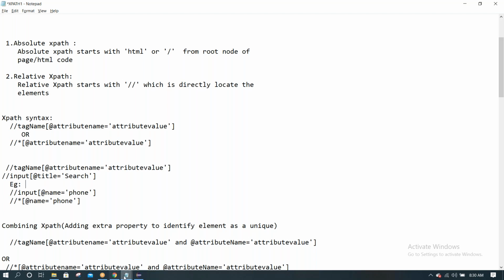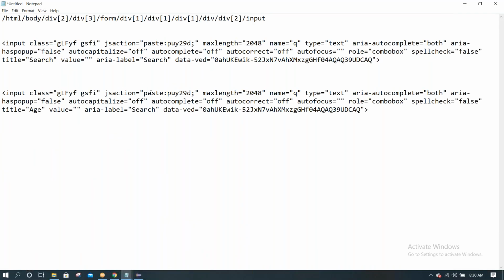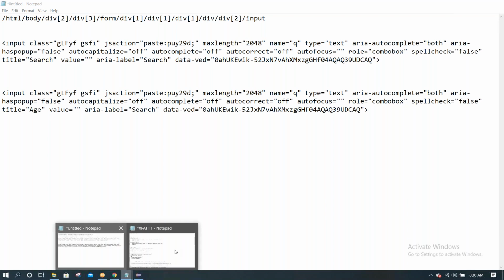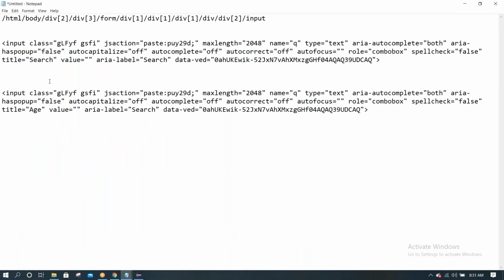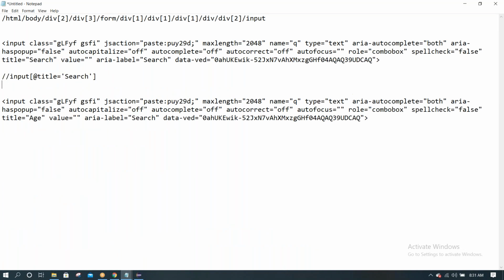Okay, so in this case, if elements are common, then we can simply change this XPath like this. For this, we can write tag name input, title equals search, or we can also write star, without the tag.